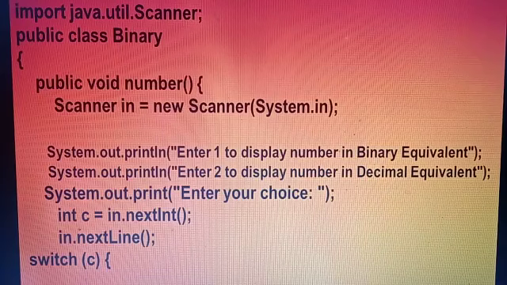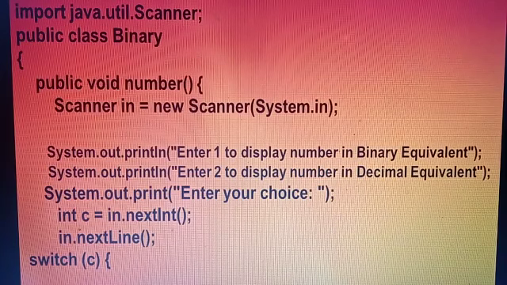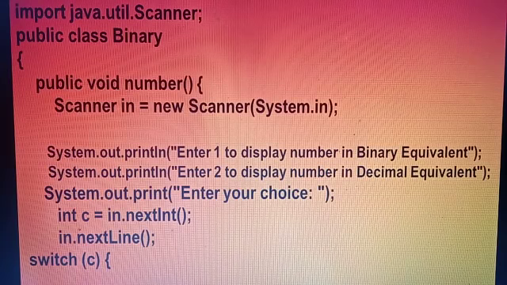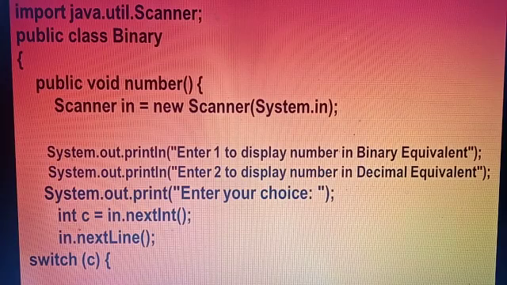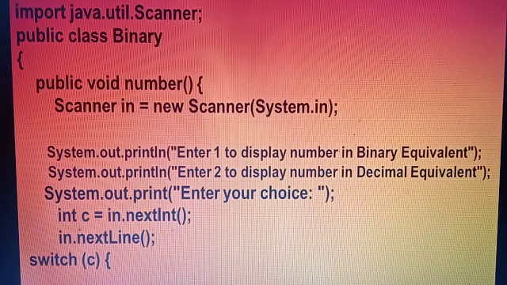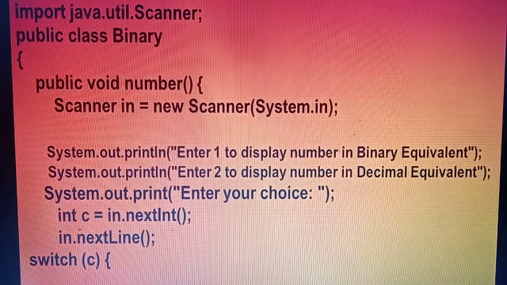System.out.println("Enter 1 to display number in binary equivalent") and System.out.println("Enter 2 to display number in decimal equivalent"), and you have to enter the choice. So how to write the choice? System.out.print("Enter your choice"), int c = in.nextInt(), then in.nextLine(), and write the switch case (c), then open the curly bracket.